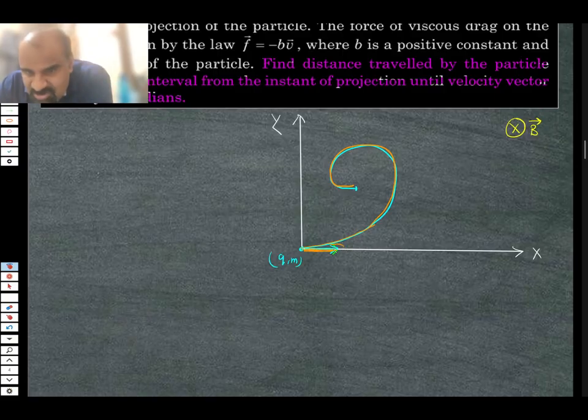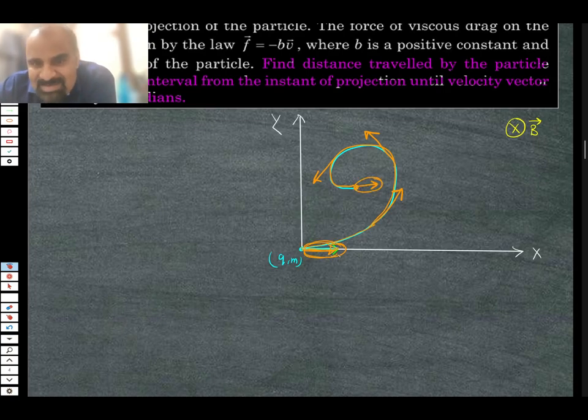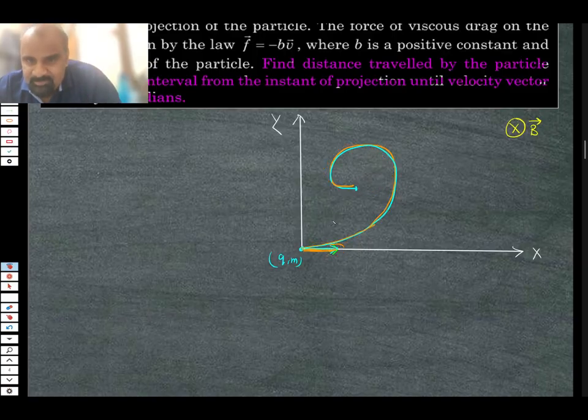So this was the initial velocity vector. This was the direction of the initial velocity vector. Here the direction of the velocity will be this way. Here the direction of velocity will be this way. So if you look at the velocity vector, it has actually turned by a full circle, the velocity vector. So that is why he's saying that find this distance traveled, not the displacement, distance traveled, when velocity vector has rotated by